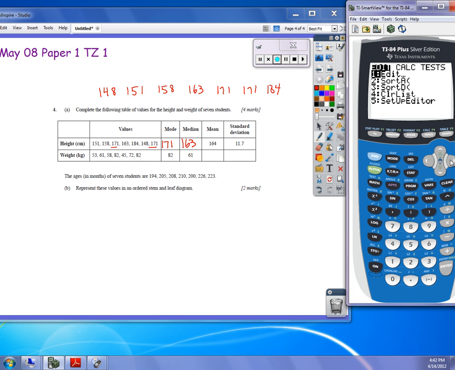You do stat calculate. We're going to do one variable statistics here. And after I hit enter, and remember the calculator assumes that you're pulling the data from list 1, unless you tell it otherwise, you can just write down that the mean of the data, that's X bar, is 64.7. That will be rounded to 3 sig fig. So the mean is